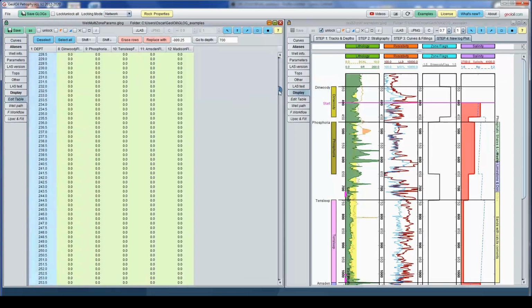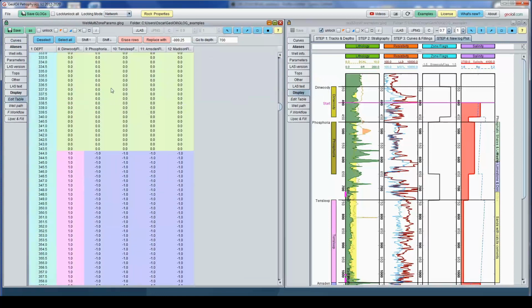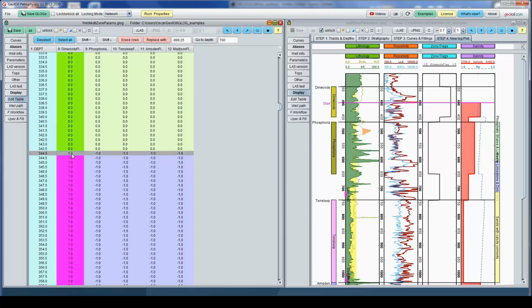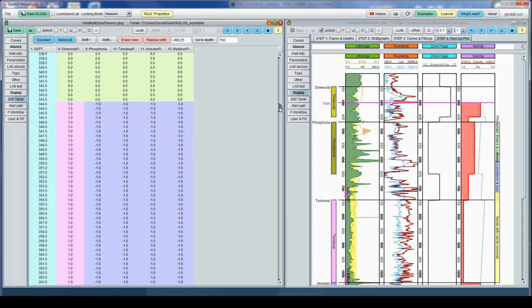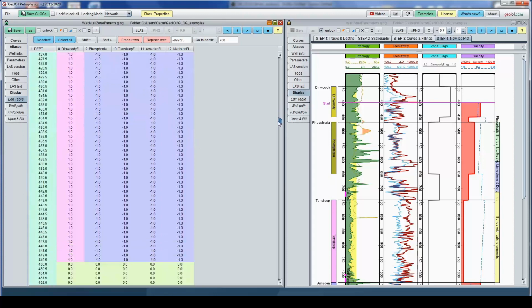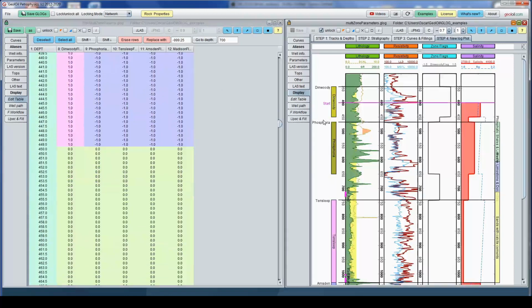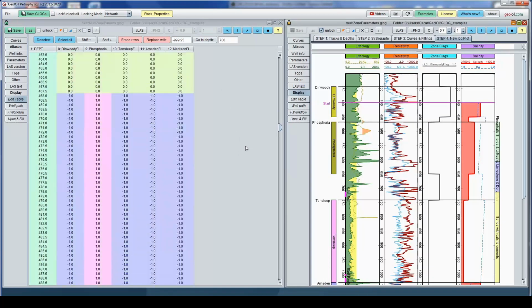Then we start touching Dinwoody, and the remaining indicators are in -1. That means we have the knowledge that they are not them, but Dinwoody. So we know that this is not Tensleep. We do know that this is not Amsterdam, and we know that this is not Madison, but it is Dinwoody. If we keep going deeper, beneath this, we have an unknown zone, a blank here, everything is 0, that means uncertainty.